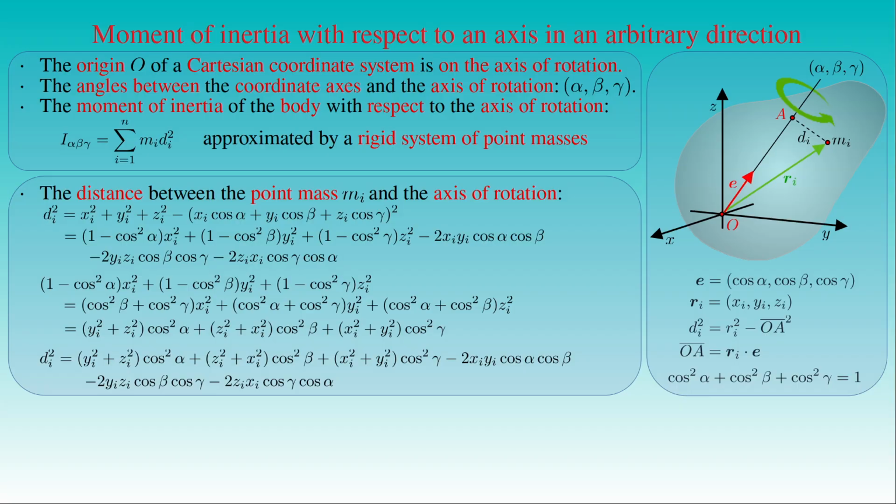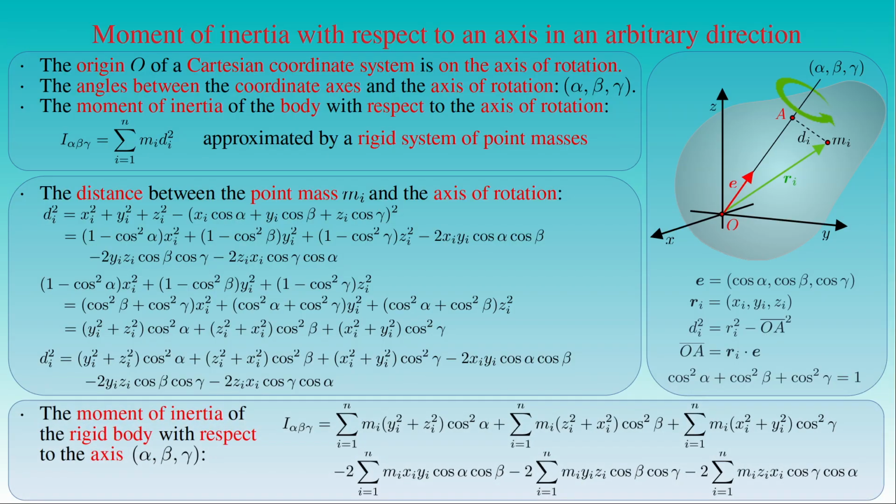Now we insert this expression into the equation of the moment of inertia of the body with respect to the axis of rotation described by the angles alpha, beta, and gamma, and we write I sub alpha beta gamma as the following: the sum of mi times the sum of yi squared and zi squared, times the square of cosine alpha from i equals 1 to n, plus the sum of mi times the sum of zi squared and xi squared, times the square of cosine beta from i equals 1 to n, plus the sum of mi times the sum of xi squared and yi squared, times the square of cosine gamma from i equals 1 to n,